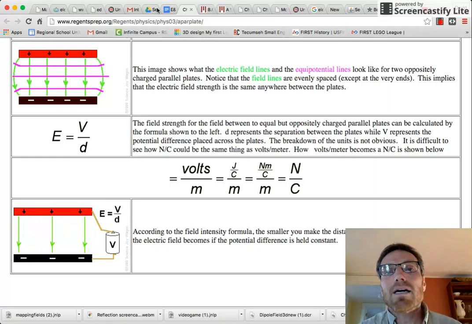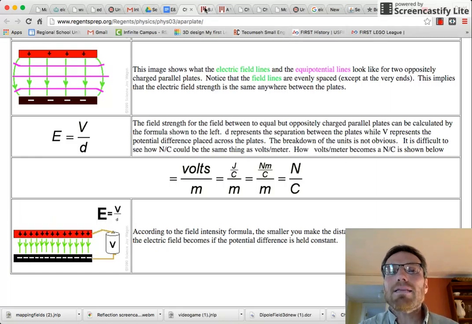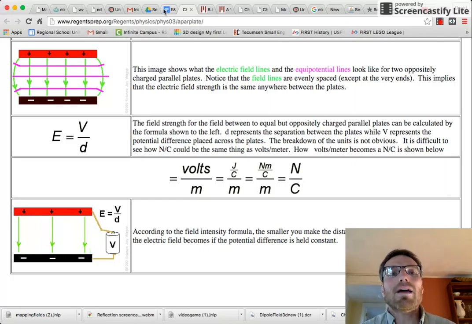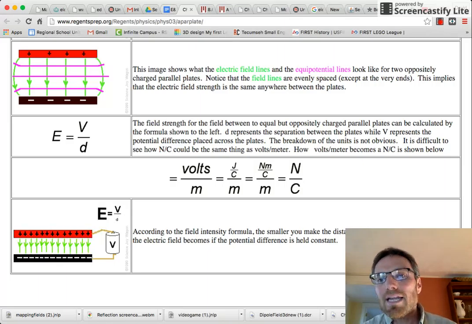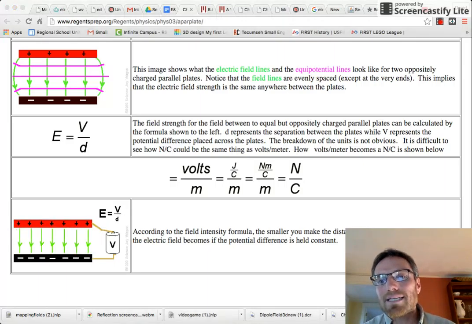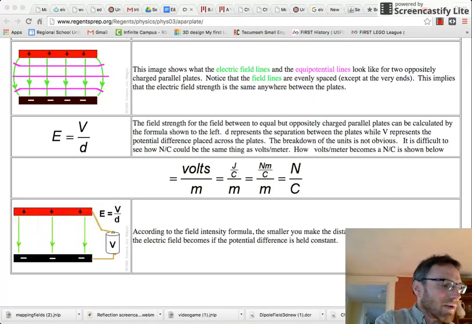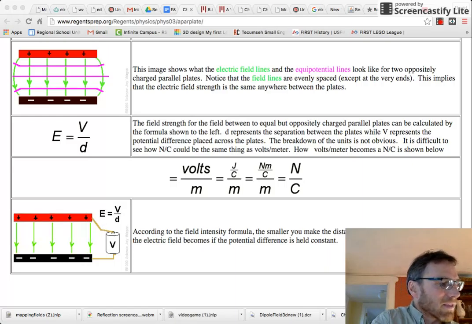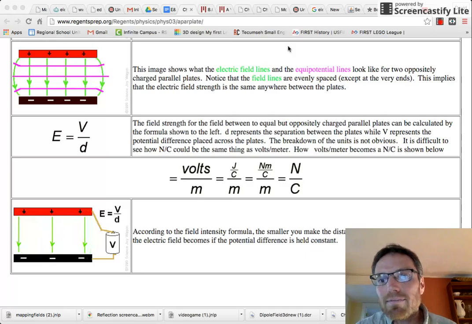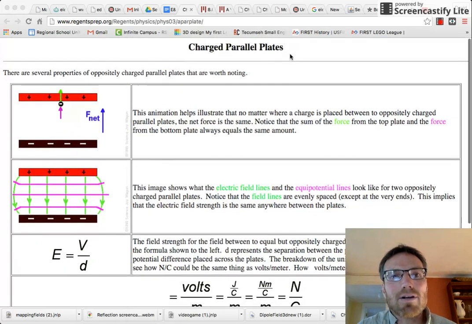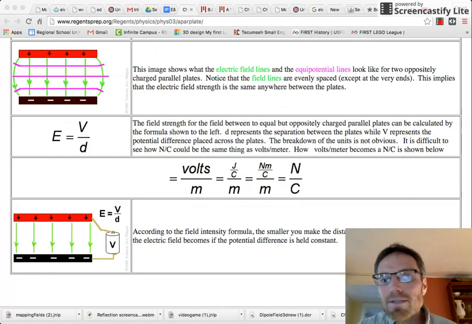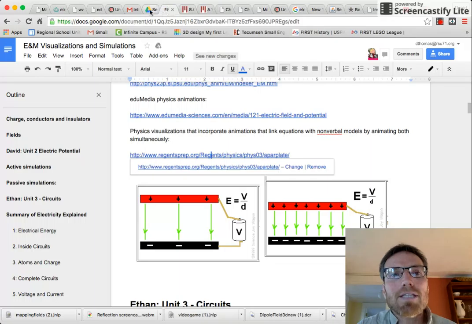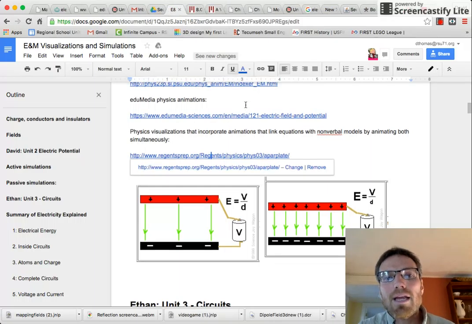Now, the TEAL visualizations, they seem to have annotation, but not very much. They claim to have them, and maybe it's just a function of the idea that I was not able to access a lot of them. And so anyway, I'm going to look into that more, and hopefully I'll be able to really get an appreciation for what the TEAL project is all about. And so that is all I'm going to say about that. And there's several other simulations that I listed for this unit, but I think I'm going to